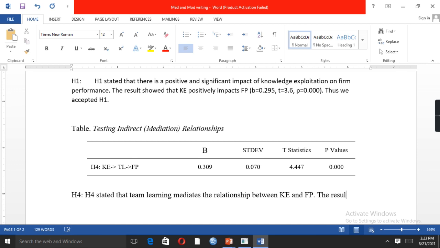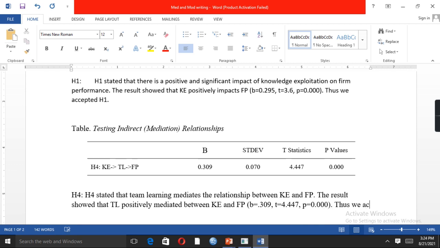The result showed that team learning positively mediated between KE and FP based on beta is equal to 0.309, t value is equal to 4.447, whereas p value is equal to 0.00.